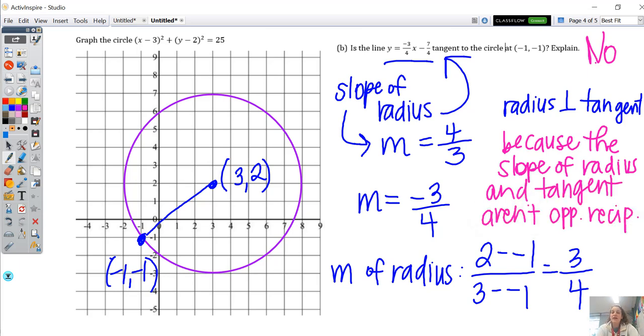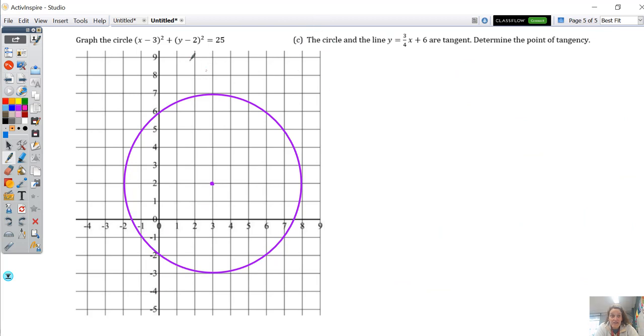The tangent and the radius are not perpendicular because their slopes are not opposite reciprocals. The opposite reciprocal of -3/4 should be 4/3. The slope of that radius should be 4/3 if that line is indeed tangent to the circle at that point. Finally, we give you the actual equation of the tangent line, and we're trying to decide